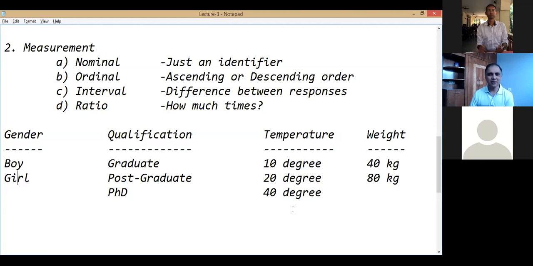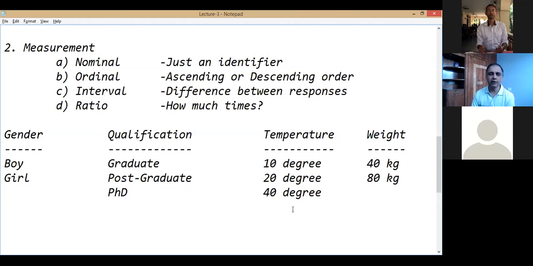So let me say it once again. Everybody knows about measurement. Everybody has an idea about the four types of measurement: nominal, ordinal, interval, and ratio. Let me add my two bits. My simple approach is, there is a question, people will reply to the question. From that question, what I can infer will constitute the measurement.